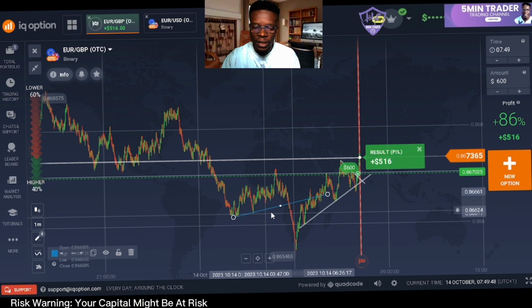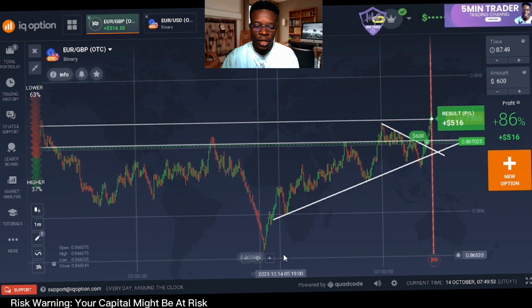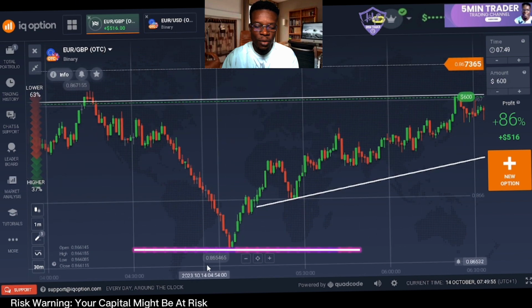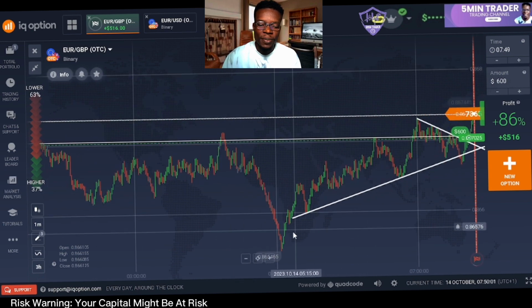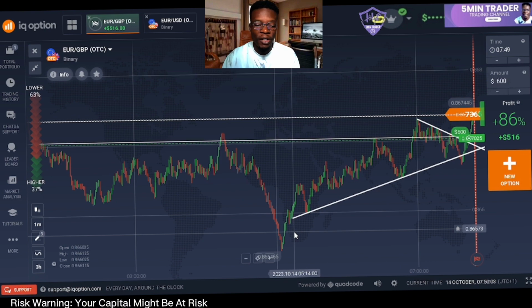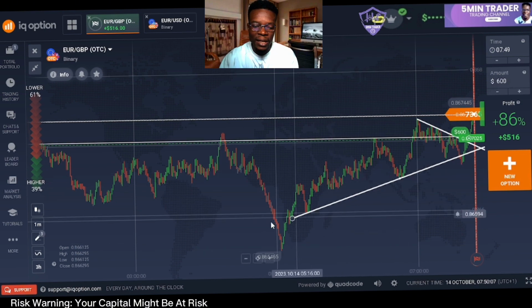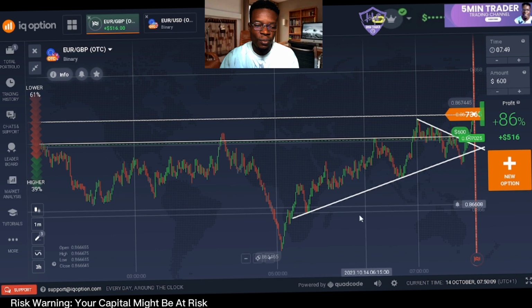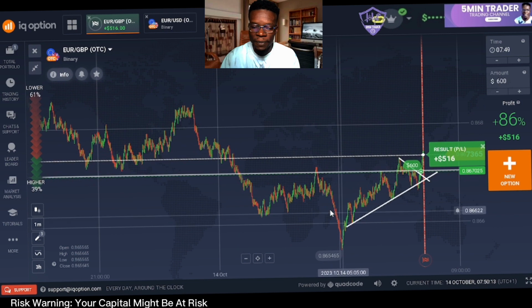So I kept waiting for the retracement to happen, and the price came and created this new low. You can see on this level 0.865466, and then the price started retracing back. Now the retracement phase took very long, and I was waiting. I was drawing my lines and waiting for the price to break, but it was not happening, and eventually the